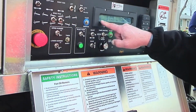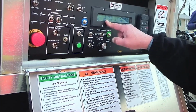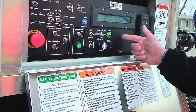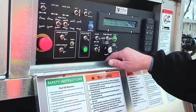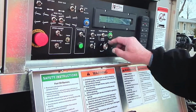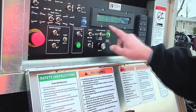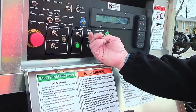We hit start to make the M solid and we turn the pump. We have pump turn, it means the pump is not seized up. At that point we can begin the heating process. So we will stop the pump, we will go to tank circulate, and we will start the pump that way manually. We will go slowly first to find out what temperature of the material is by selecting the knob over